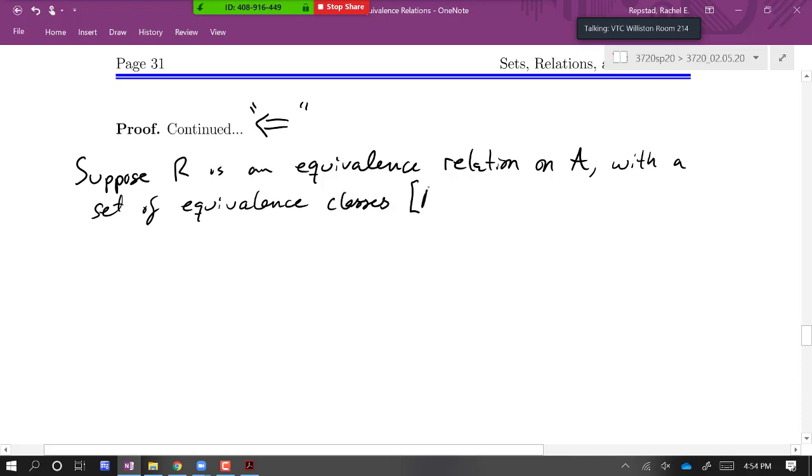And the way we denote the set of equivalence classes is we put these square brackets around A and subscript it with R, or whatever we're calling the relation. So we'll just say that this set of equivalence classes is a set of A sub i's. That's how we're defining those A sub i's. We want to show that those A sub i's form a partition of the set A. And if we're going to show that,